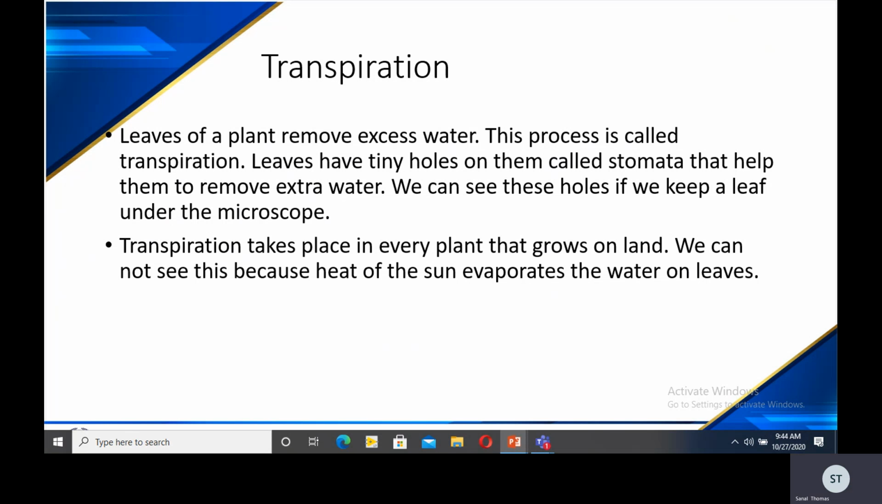Is transpiration important for plants or not? Yes, because transpiration helps to keep plants cool. Plants transpire more on a hot sunny day as compared to a cool day. This process is similar to sweating, like humans sweat more on a hot day to